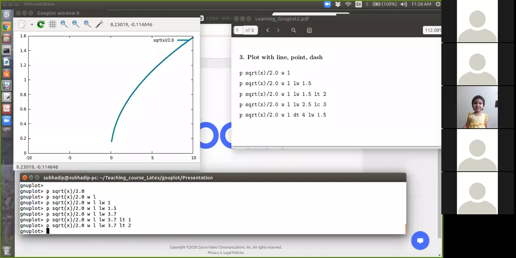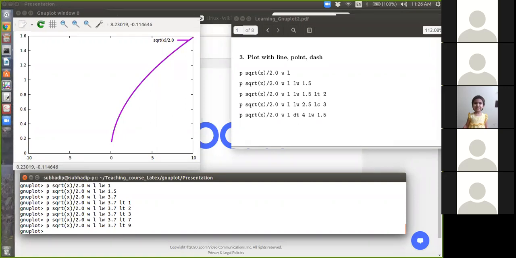Line type 2 is green. Line type 3 is sky blue, and so on. There are many colors. Red is 7. And after some time it starts repeating the colors. Yes, from 9 it starts repeating.